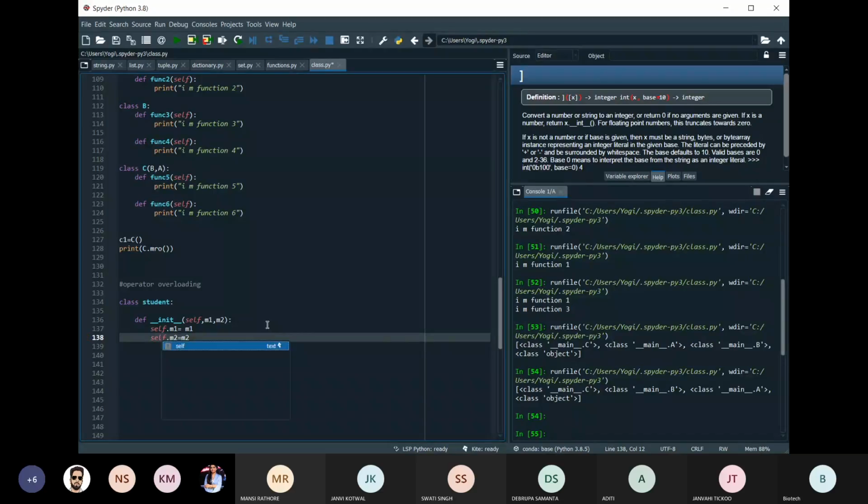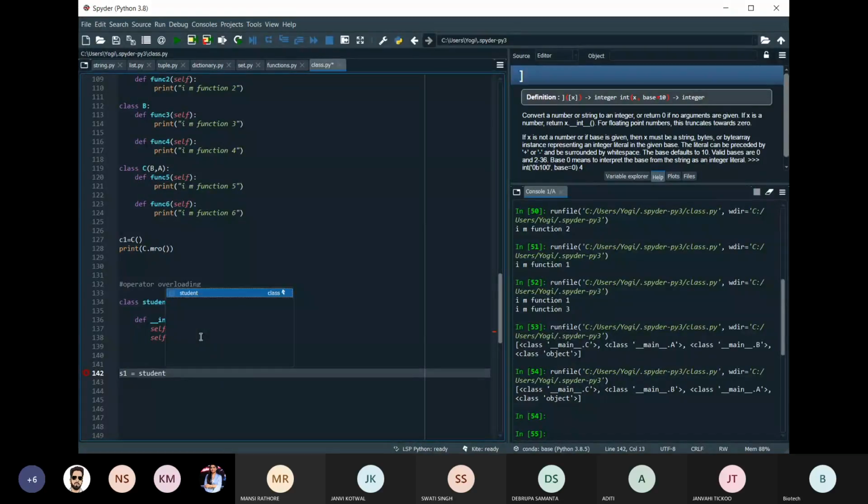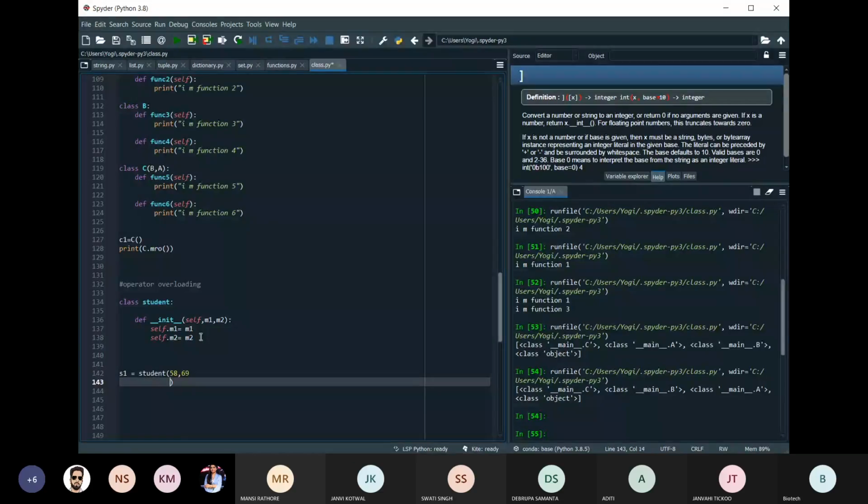After coming out of this, s1 is equal to student, suppose I have taken 58, 69, and s2 is equal to student with other marks.